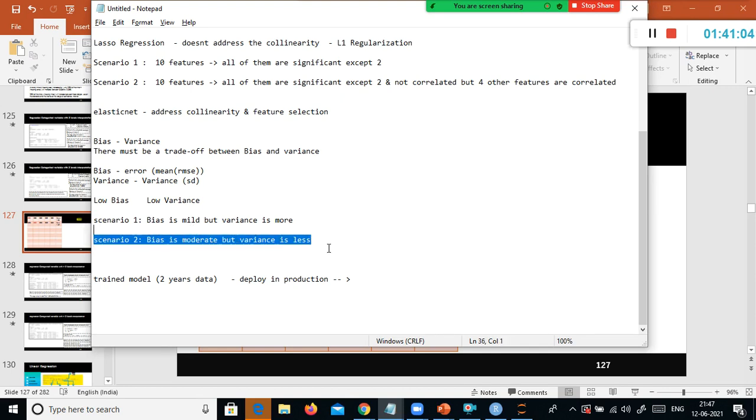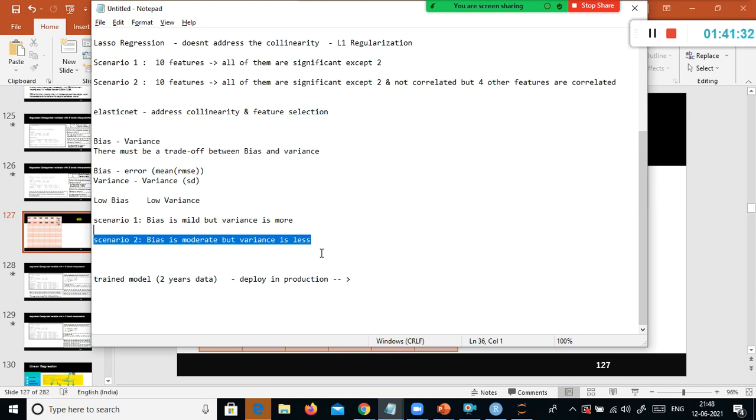I can use this model, because when I run this model with different training and test data sets in 10 iterations, still there is not too much of a difference in the error from one iteration to another. Good, then I am going to go ahead and deploy, then your model is fit enough to deploy in the production environment.